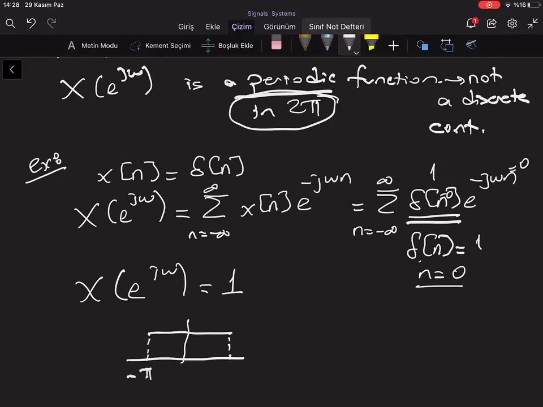From minus pi to pi, it's always 1, okay? X e to the j omega. There is no imaginary part, it's only a real part, a real coefficient, and then there is no phase term here. If we talk about